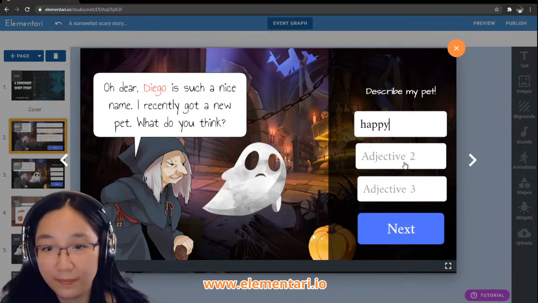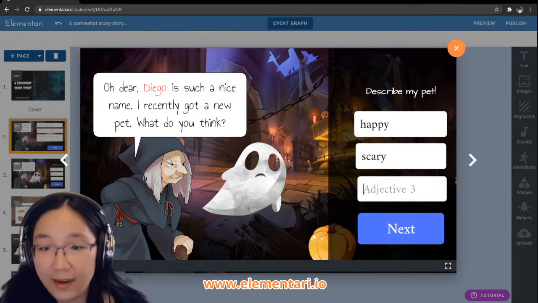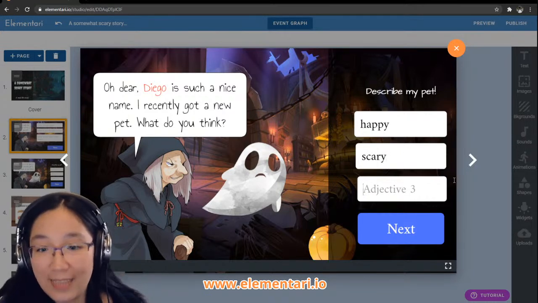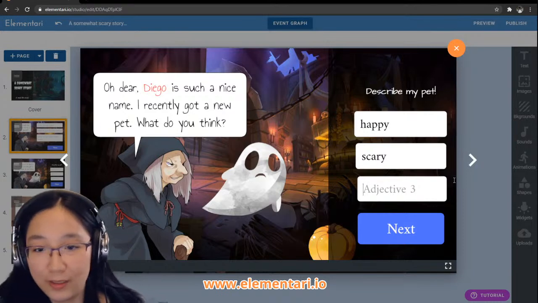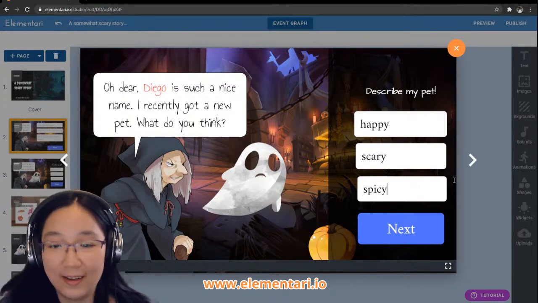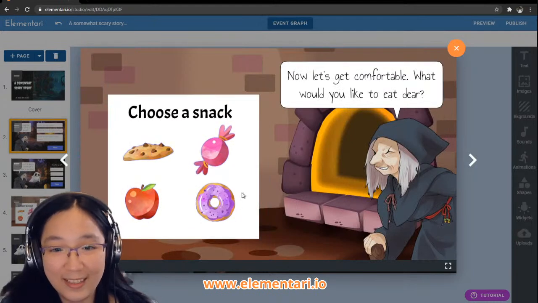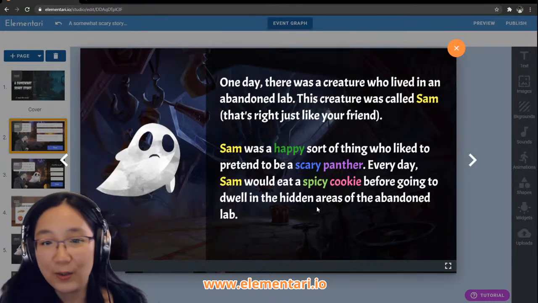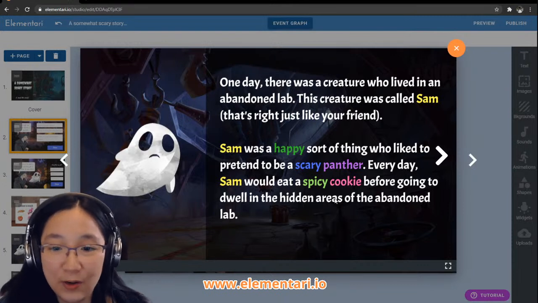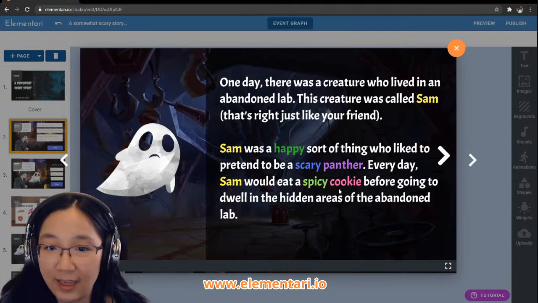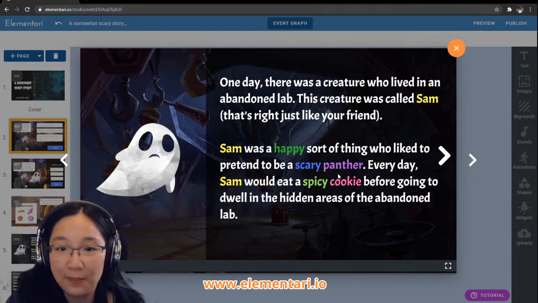Happy, scary, and, well, this will be a sad cookie, so that might be a little strange. Let's say spicy. Oh, donut? Sorry, I chose cookie. Notice that since I chose cookie, it got replaced with cookie. And since we put in spicy, spicy got replaced also. And since we put in panther,